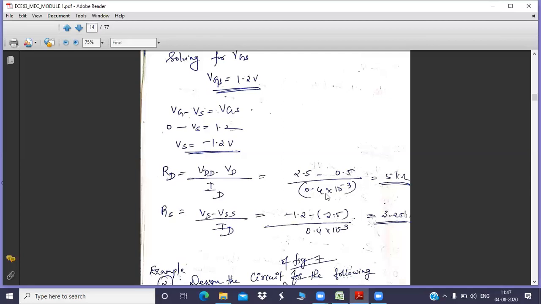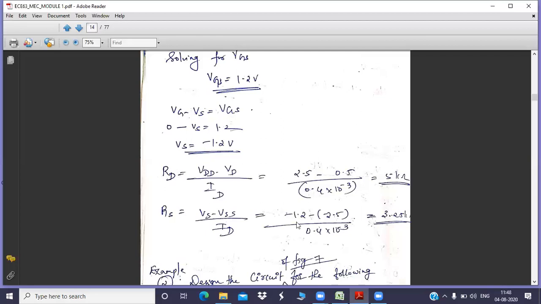Got the concept? So how are we going to find the resistance? The resistance is nothing but potential difference divided by current. So you have to ensure beforehand whether all the voltages are known to you. If you are not aware of a particular voltage, Vs or Vd, you need to find that out. For that only we found VGS initially. Only after finding VGS you can find Vs, because VGS is Vg minus Vs. Substitute Vg, then you will get Vs.